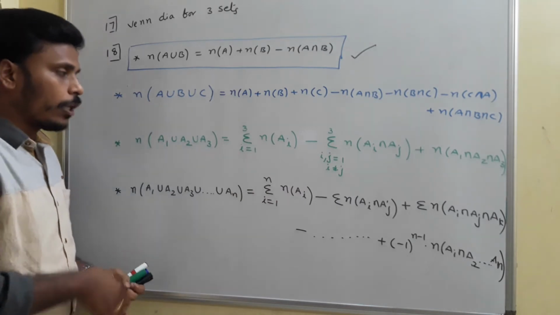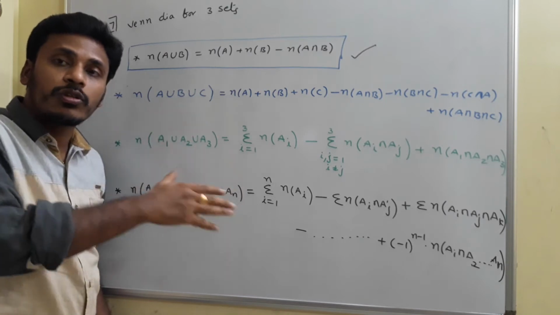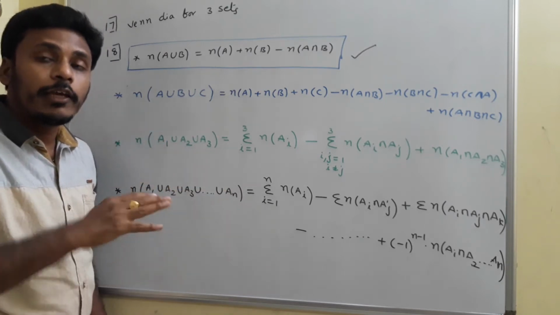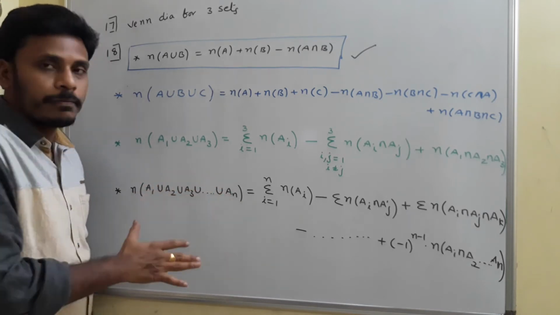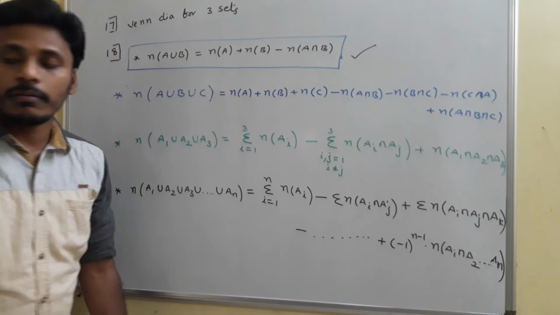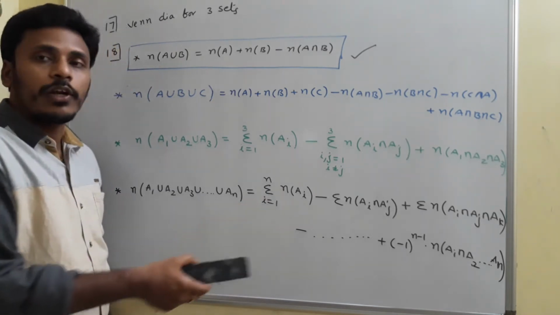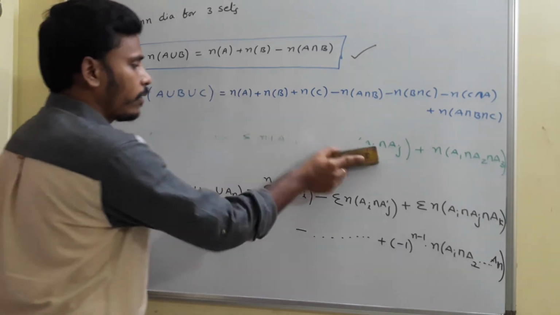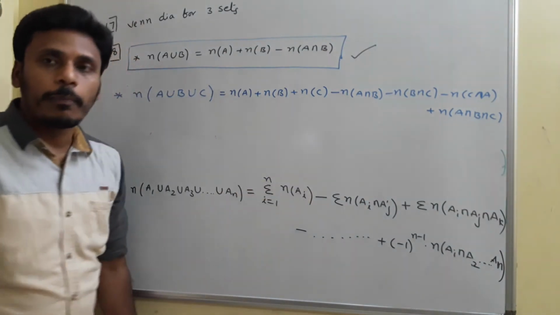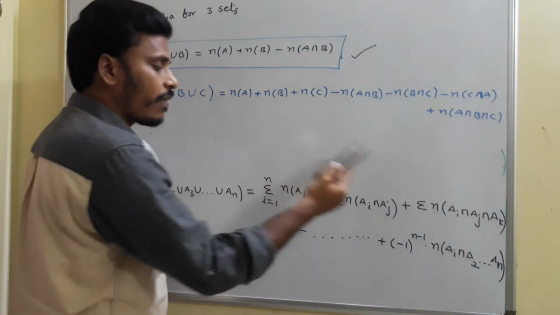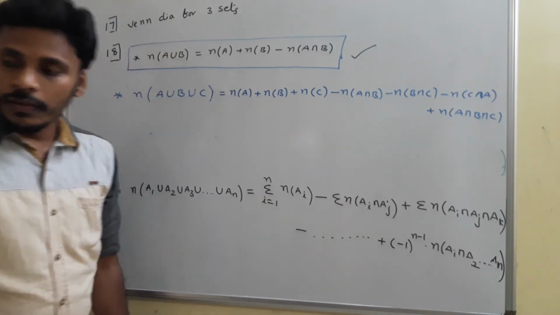So now what I am going to tell you is, this is for 2 sets and this is for 3 sets. We have a chance to extend it for 4 sets, 5 sets and for n sets also. If there are n sets like this, a1 union a2 union a3 union up to an, then the formula can be written in such a manner. In the first step you need to add n of a1, n of a2, n of a3 like that up to n of an. Okay, and we need to add all the things. And in the next step, alternately you will get plus and minus signs. Plus and then minus and then plus and then minus and then plus like that. Alternate plus minus signs. That's one observation.